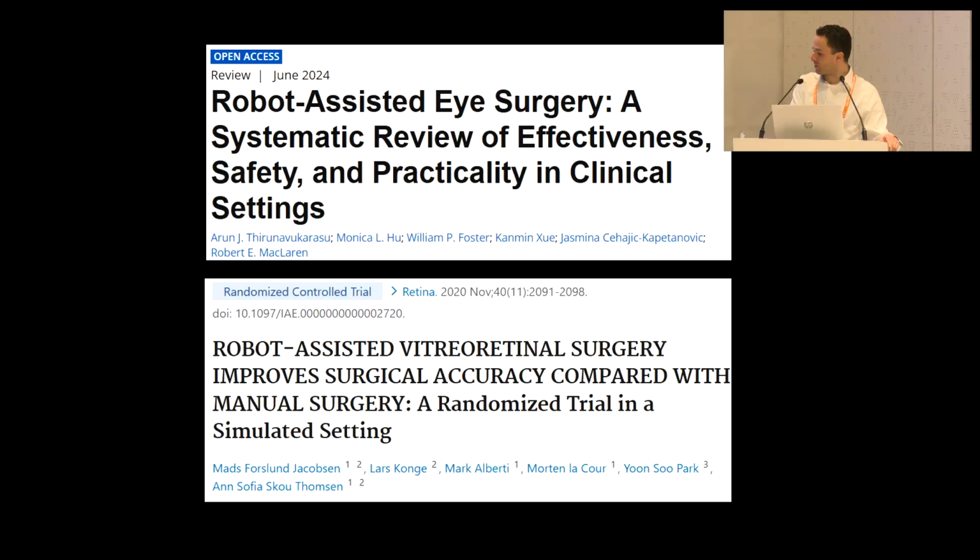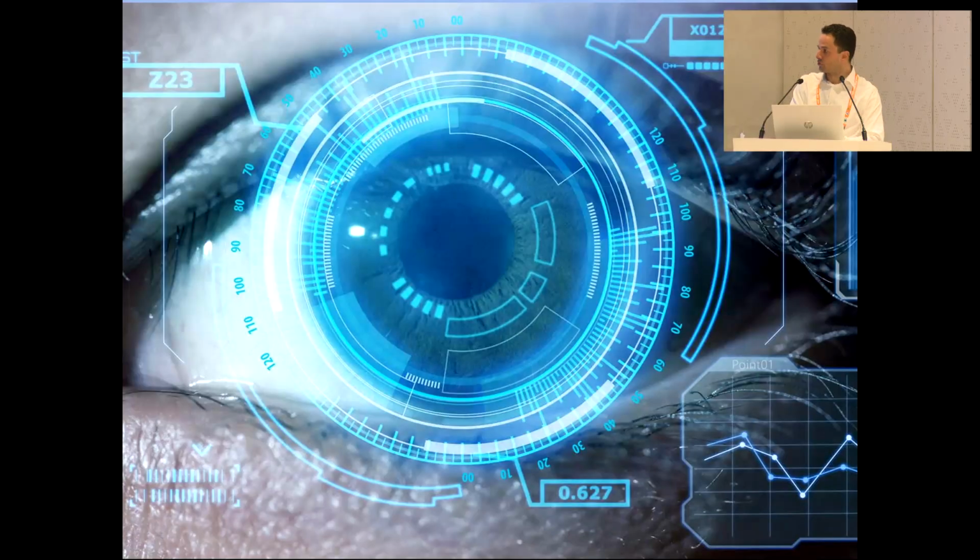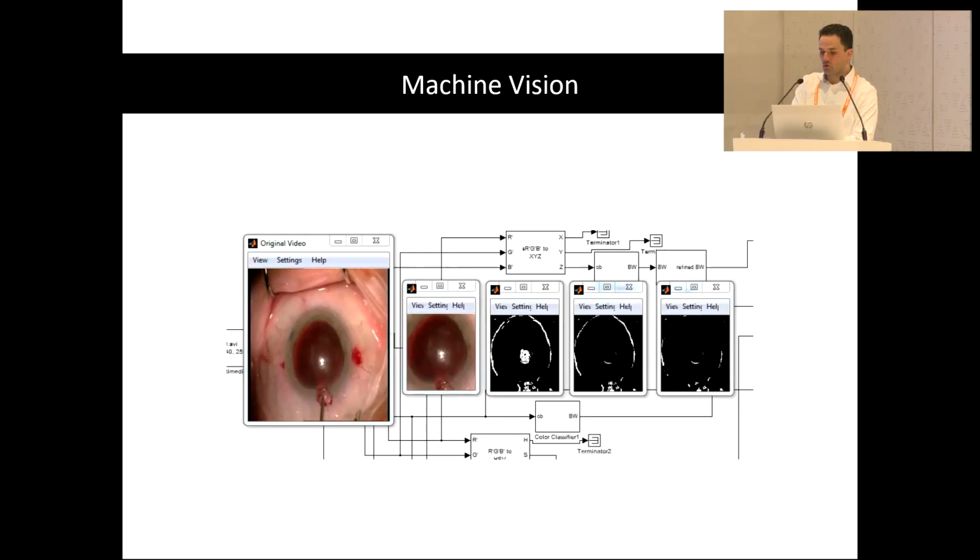And there's some incredibly useful robotic platforms coming through. Again, these are all mainly vitreoretinal, so I've put them up for completeness. But I think this is going to be a huge area with AI integrating and additional degrees of stability. So the AI is the last thing I'm going to talk about, which many of you will know from